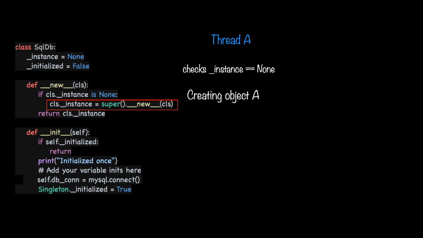If you observe closely, there are two things happening in the single piece of line. One, creating an object, and two, we are assigning that object to the underscore instance variable. Assume that thread A is at creating the object. This is the time when thread B got triggered and slowly sneaks into the new method